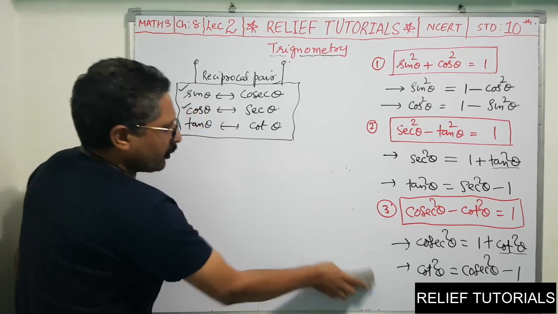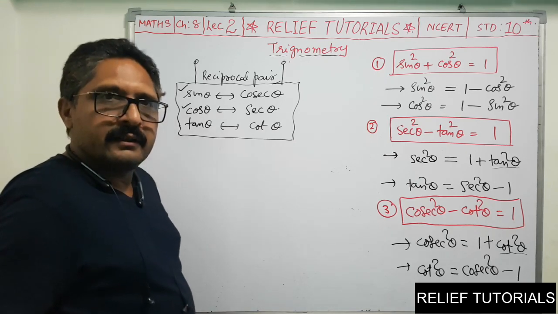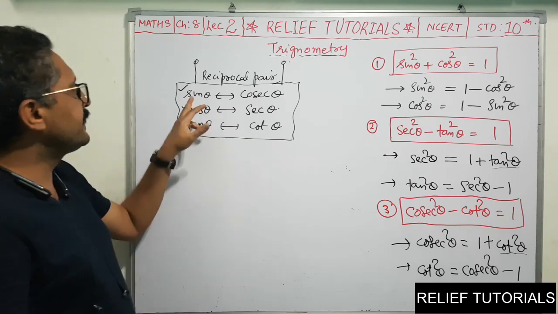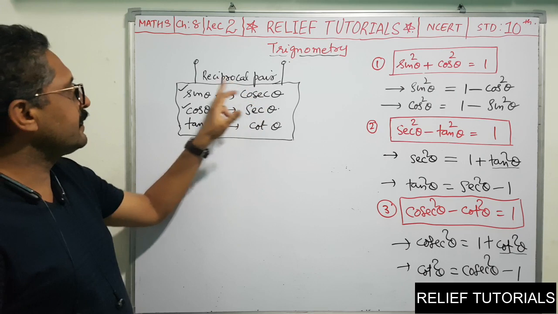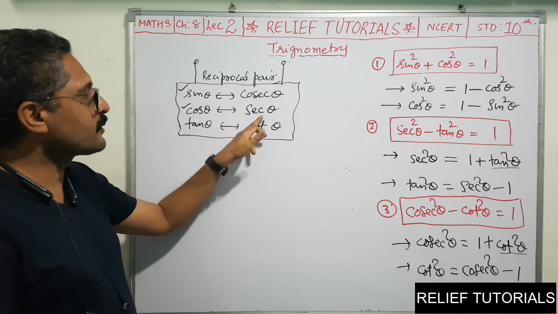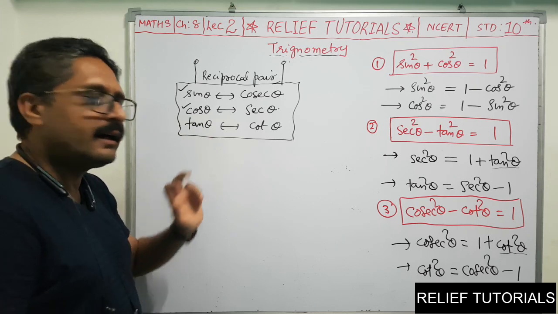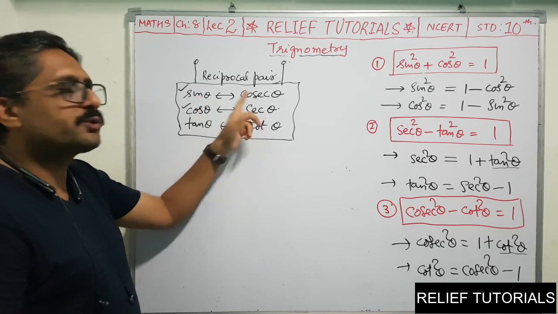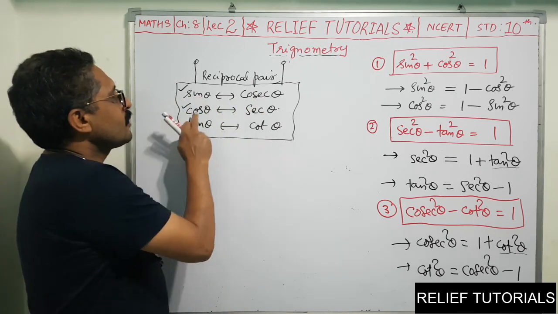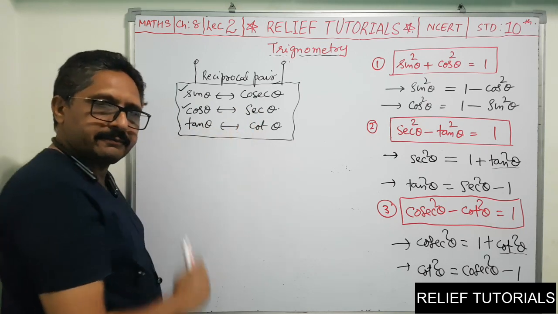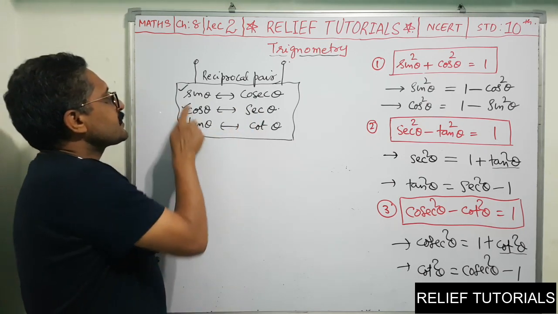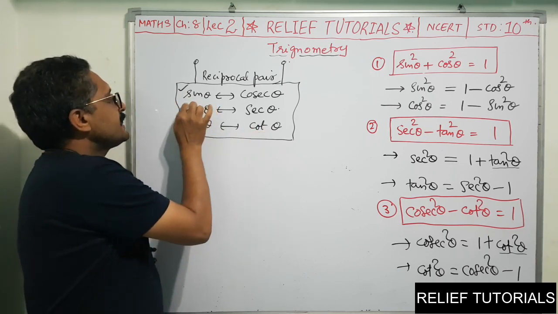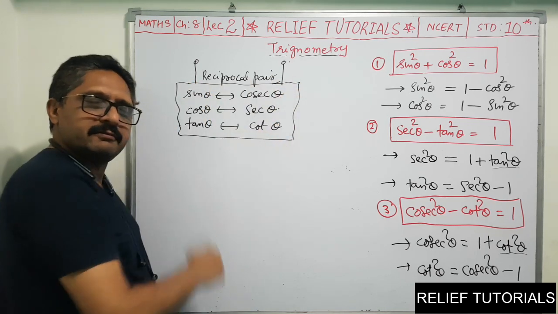So with this we have completed all our identities of trigonometry. Once again we will recap. You have to remember this reciprocal pair. So you know the identities: sin theta is 1 upon cosec theta, cos theta is 1 upon sec theta, tan theta is 1 upon cot theta, cot theta is 1 upon tan theta. The product of these two is 1: sin into cosec is 1, cos into sec is 1, tan into cot is 1. Here tan theta is equal to sin theta upon cos theta, cot theta is equal to cos theta upon sin theta. So all these identities are clear from this table itself.